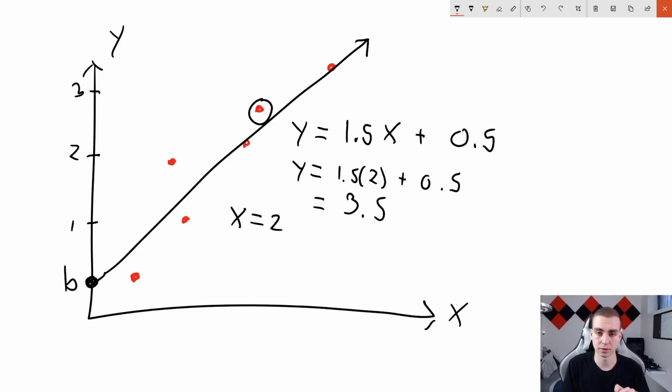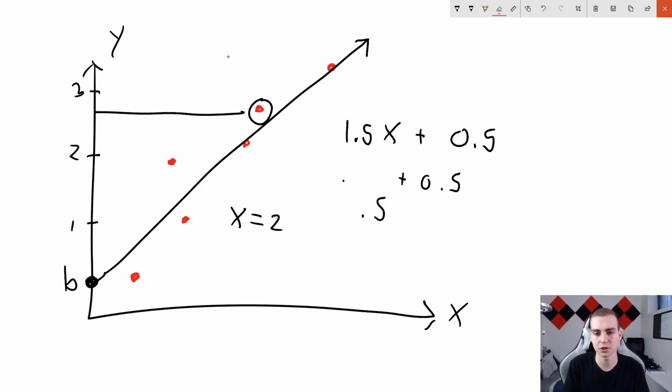You can actually do this the reverse way as well. So if I'm just given some y value, say I know that my y value is at like 2.7 or something, I could plug that in, just rearrange the numbers in this equation and then solve for x. Now, obviously, this is a very basic example because we're just doing all of this in 2 dimensions, but you can do this in higher dimensions as well.